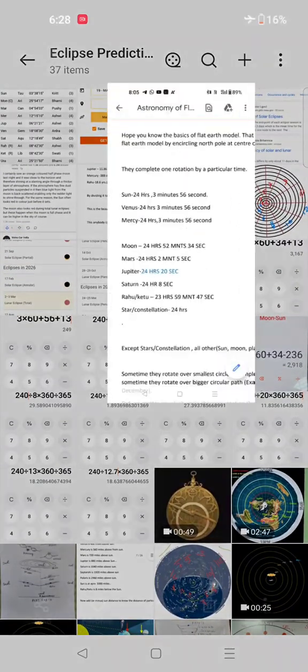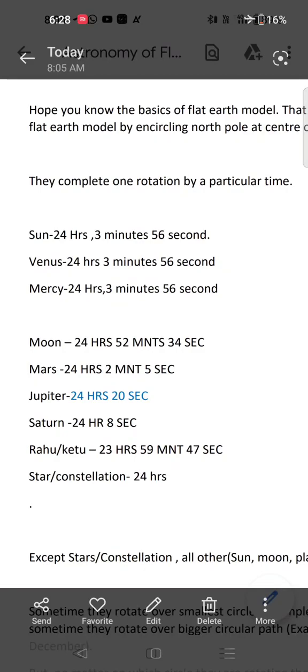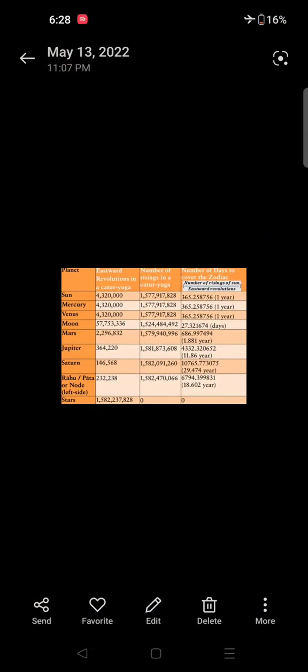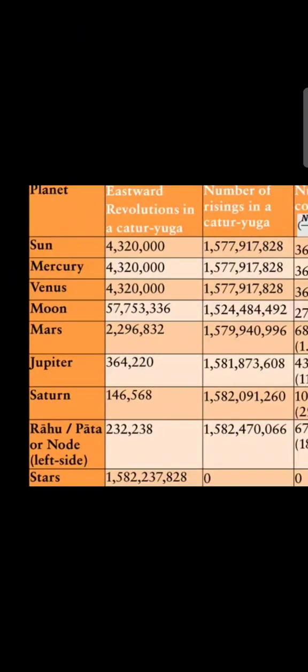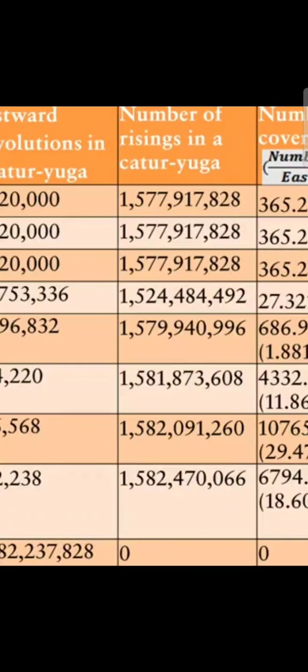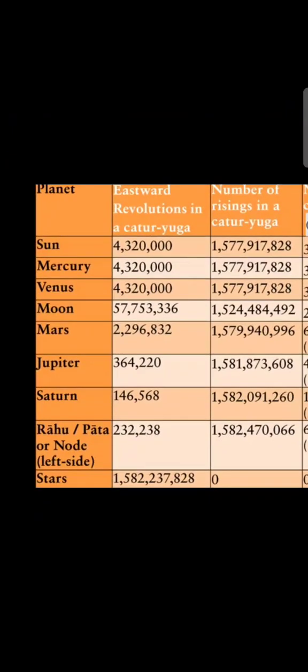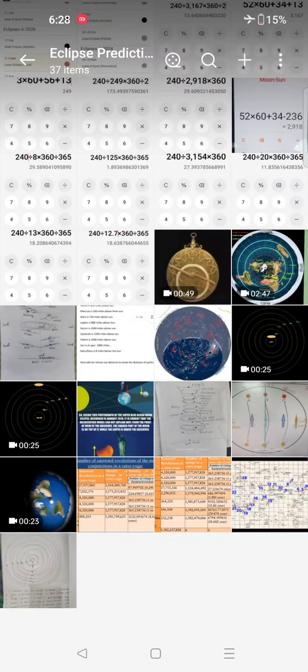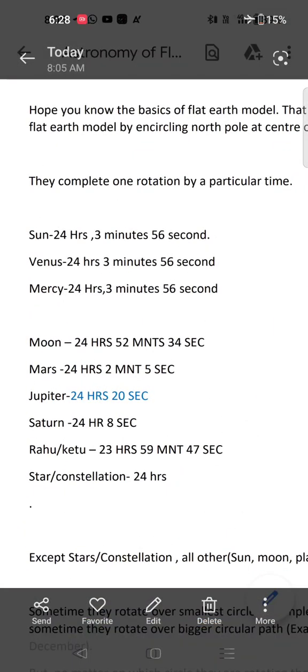Now you may ask how I got this time frame, because I have studied the Vedic cosmology. It is mentioned that in a Chatur Yuga of 43 lakh 20,000 years, each planet rises or sets a certain number of times. The Sun rises this number of times, Mars rises this number of times, Jupiter rises this number of times, and if you divide it into one rotation, this time came. This is the time I have derived from the Vedic cosmology, and that also matches